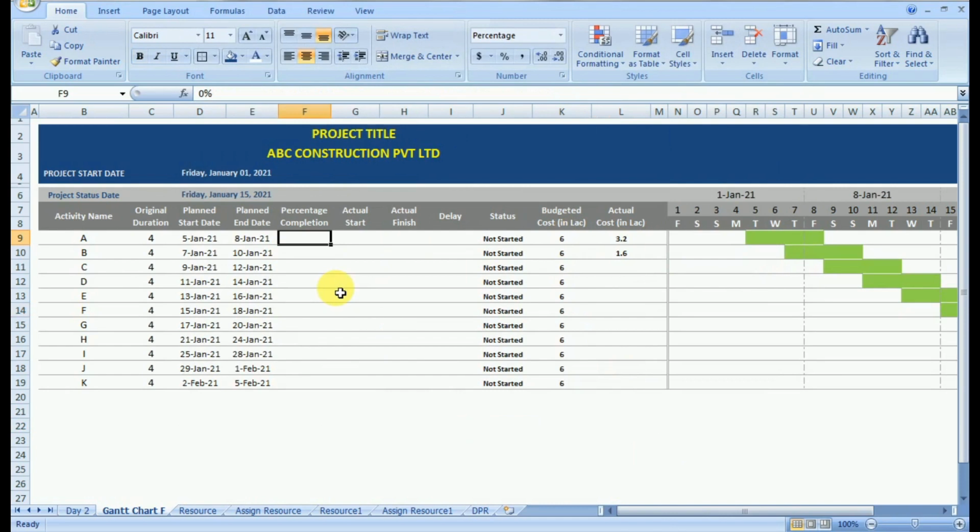You can go to the advanced option like the previous one and turn off the display of 0. Now here you can make one more change. Percentage completion you can give in terms of cost. So you can make the percentage completion as actual value divided by the budgeted cost. So when the person enters the cost of the units in the DPR, it will automatically calculate the percentage completion of the activity. Now actual start you have to provide manually.